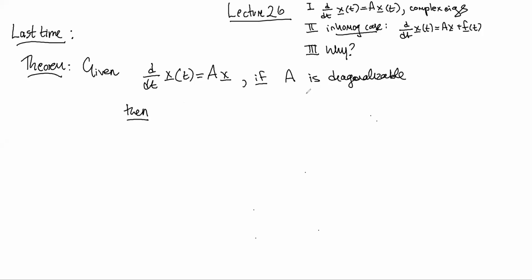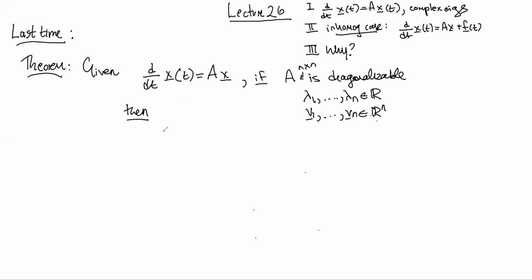So if it's diagonalizable with, let's say, real eigenvalues, and therefore real eigenvectors, so this is an n by n real matrix,